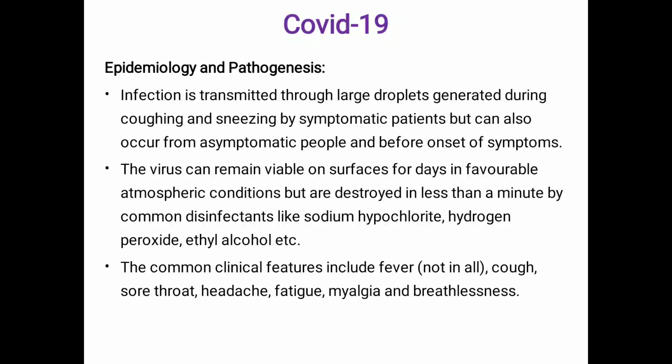Then sodium hypochlorite, hydrogen peroxide, by using these disinfectants, various areas can be sanitized, and ethyl alcohol can be applied onto the hands as well as other body surfaces, so that the coronavirus is destroyed with the help of these disinfectants or sanitizers. So the use of sanitizers is one of the important preventive ways to prevent